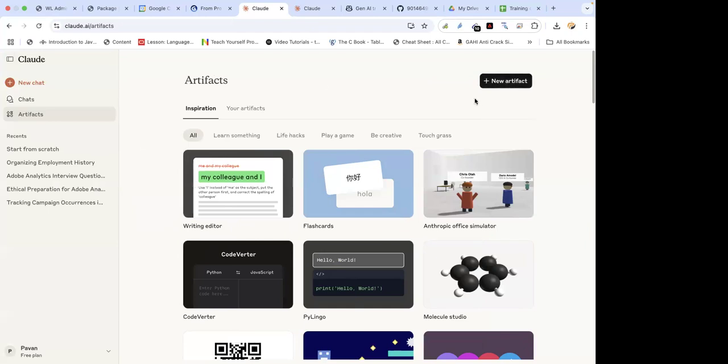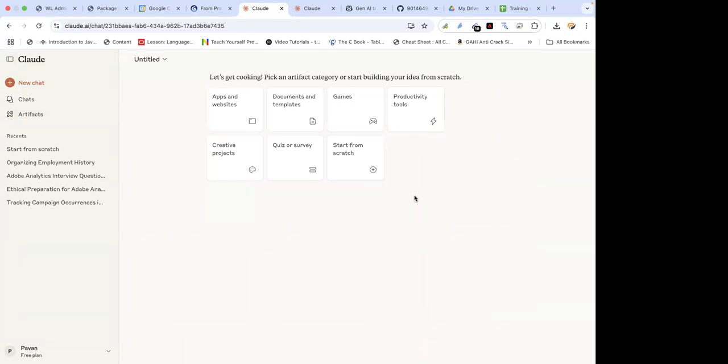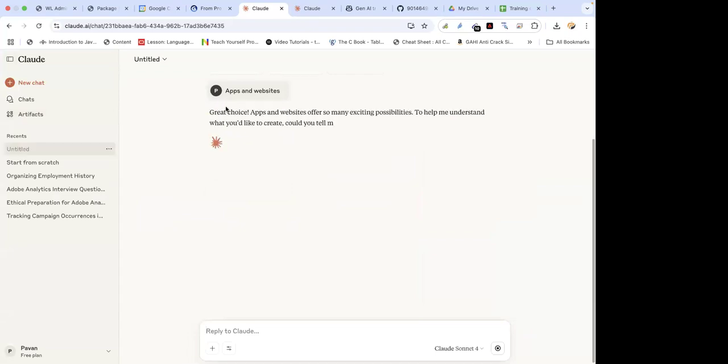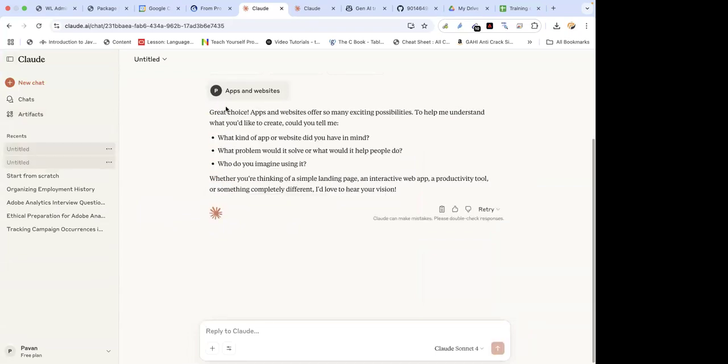If you want to create a lot of things, like apps or websites, as somebody mentioned, I want to create an app or something likewise. Not all the workflows are the same. It is about what you want to achieve. So you will have the right prompt, and then the outcome that you want to achieve. I want to build a